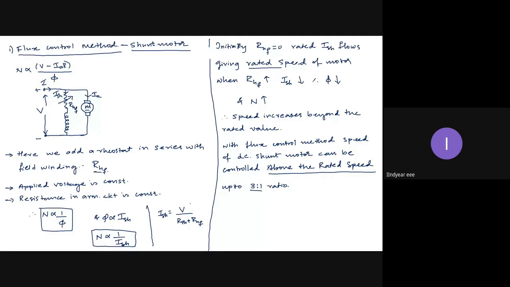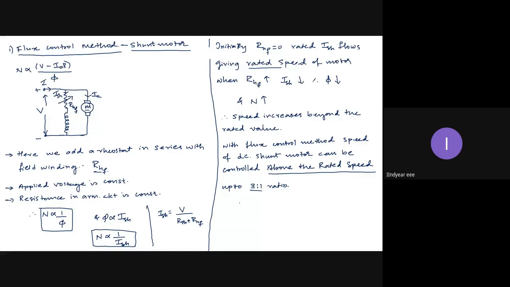Other than this, it is one of the easiest ways to control the speed of a DC motor. It is very economic because field current is very less. If I add more resistance, the field current further decreases. Therefore, copper losses will not matter. So with a very minimum amount of losses, I can get a large range of speed control. But that too above the rated speed, not below the rated speed. I can't control the speed of the motor using flux control below the rated value, because in the flux control method, the minimum speed I get is the rated speed. So I have to control it above the rated value.